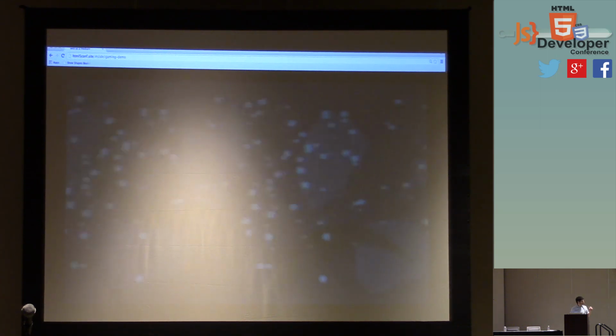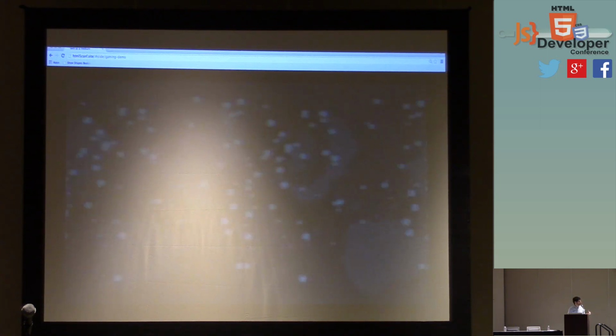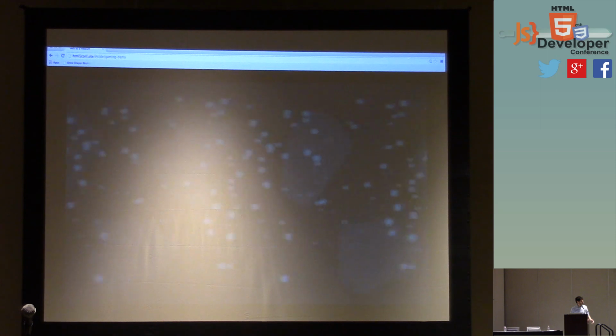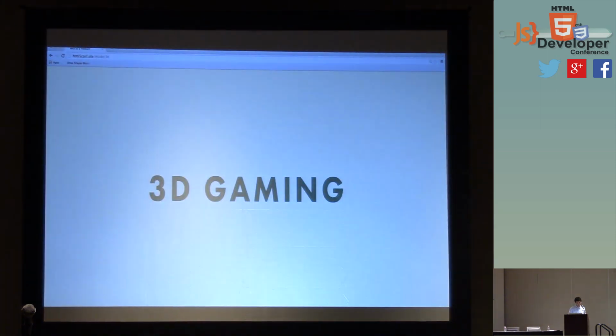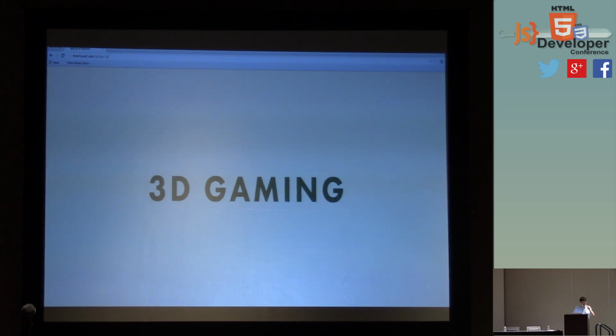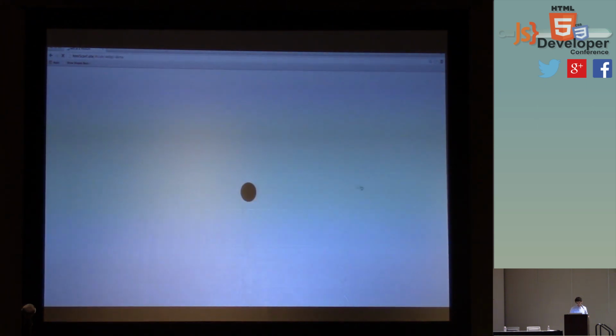So the question remains, is there more that we can do, more inspiration we can get from video games that we can apply to web development? And I think there is. So we've come a long ways since the days of Myst. Now we have games like Grand Theft Auto 5, where we have these fully immersive 3D worlds that we can explore. And WebGL makes this kind of stuff possible on the web. So just to kind of do a little demo of WebGL, I put together